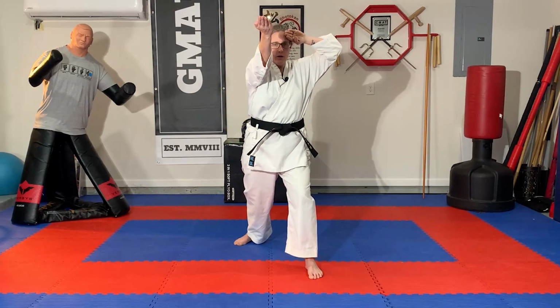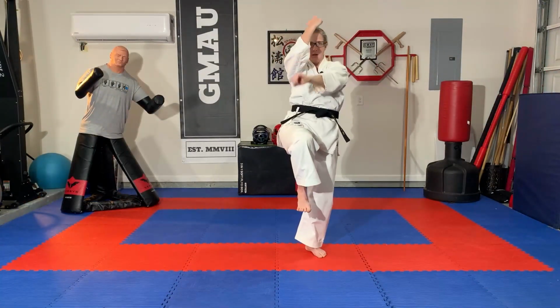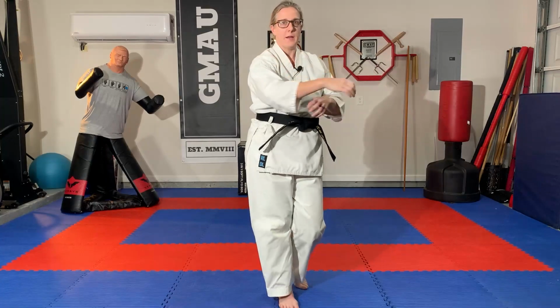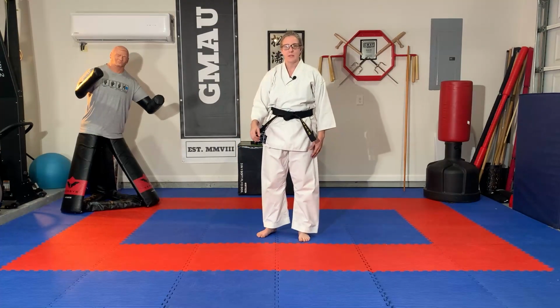Then from here, we're going to do a mae geri kick. Stay balanced. Bring this up. And then that's going to be our jodan uchi-uke, uraken uchi. And we want that to be nice and strong. So to show you at the speed that it should be,